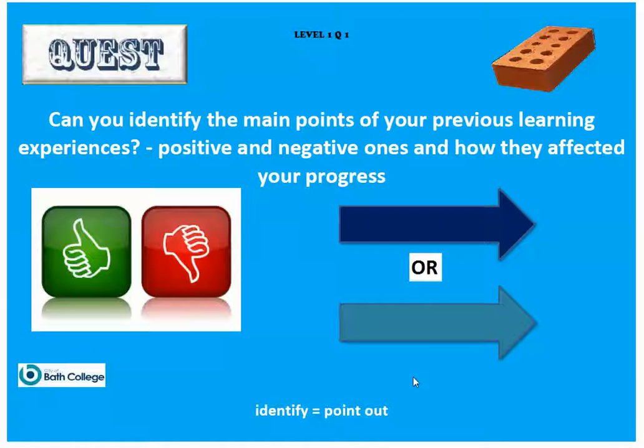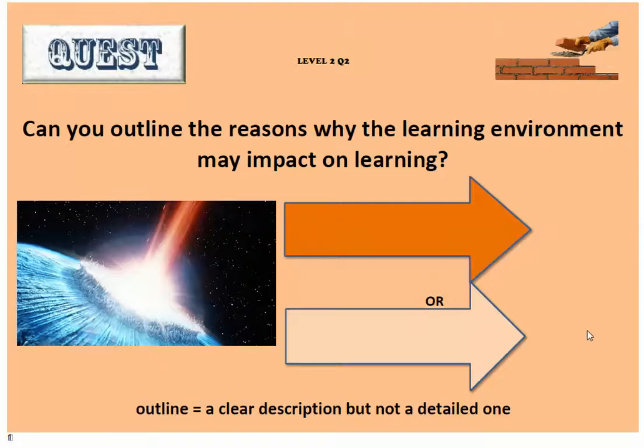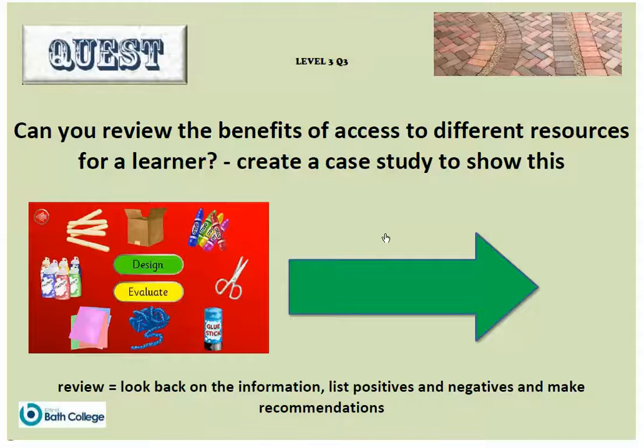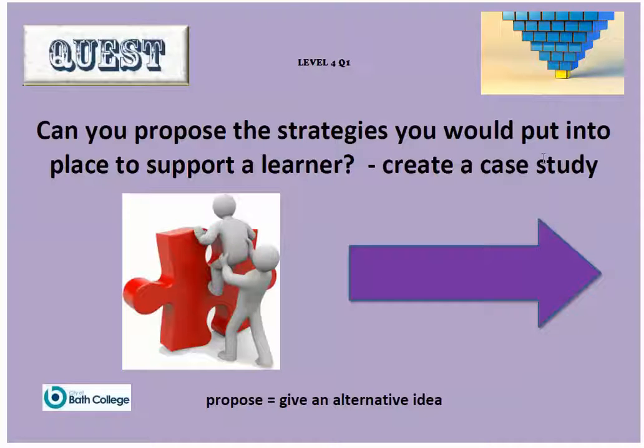So I can now choose to answer a different question. I could perhaps go to this one. And can you outline the reasons why the learning environment may impact on learning? I go all the way through, talking, discussing, taking notes, answering the questions to a level 3 where we start to put it all together and start creating different things usually. Then we get to a point where we try and look at something in a different perspective. We start hypothesizing, looking into the future,